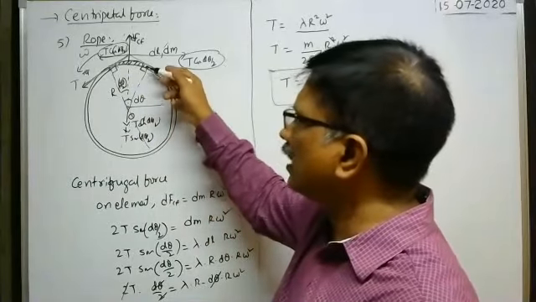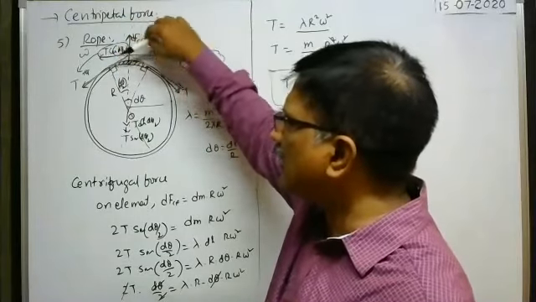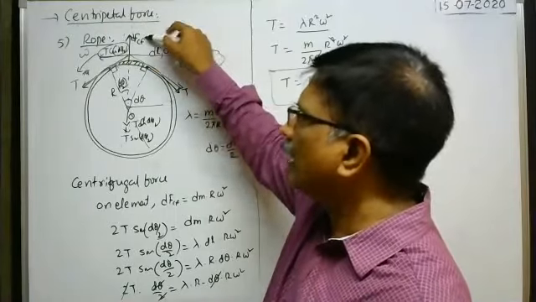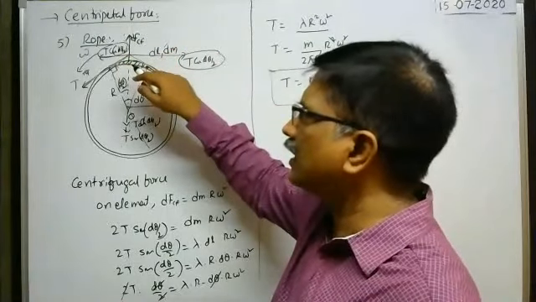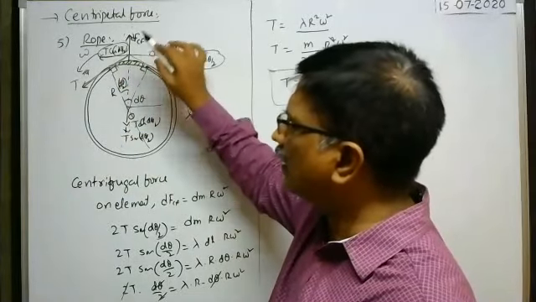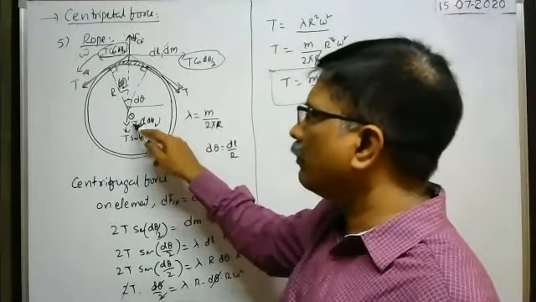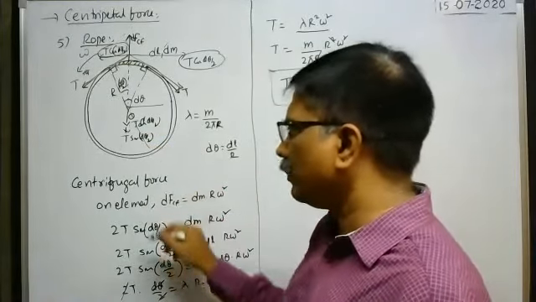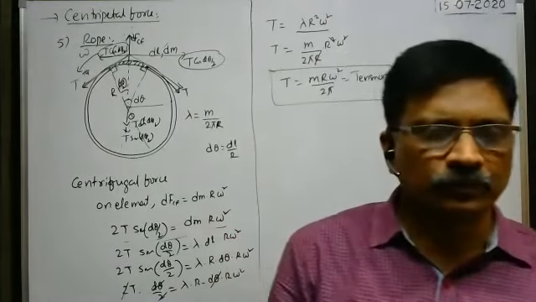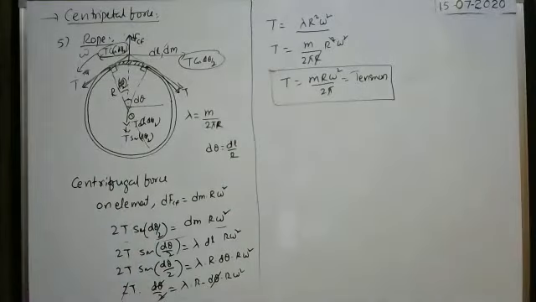Similarly, the tension in the rope here is also the same because of symmetry. Then you resolve this tension into components. The components of tension acting on the element towards the center are the sum of these two, and away from the center is this one. As this loop is rotating with a constant angular velocity, even then there is no breakage of the rope. Definitely the net force on each and every element becomes zero. That's why this centrifugal force must be balanced by the sum of the two tension components here, 2T sin d theta by 2. I made this equal. Then it is the calculation part only. Right, so this is the formula for tension in the rope.